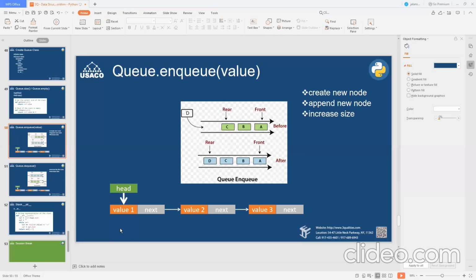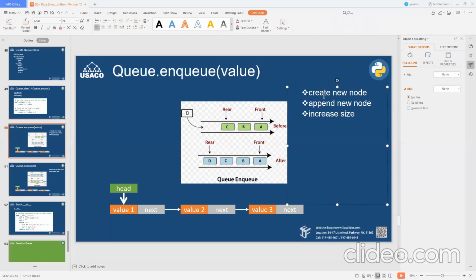I have this list. Whether we are talking about a stack or a queue, underlyingly we're still using a linked list to implement our stack or our queue. So the first step is to create a new node, because I'm passing a value.